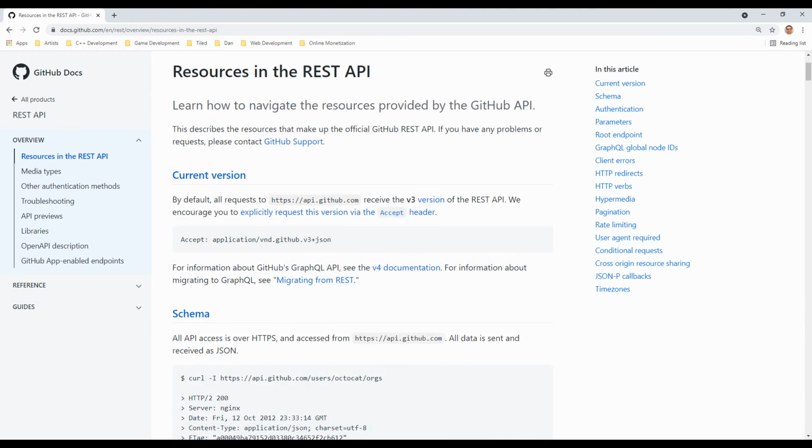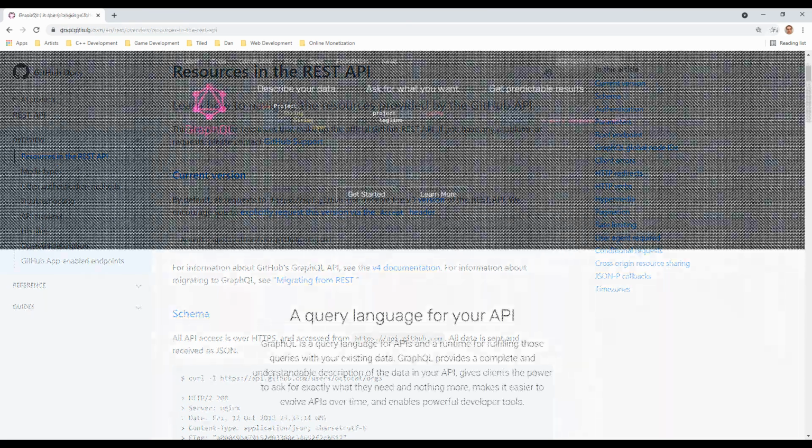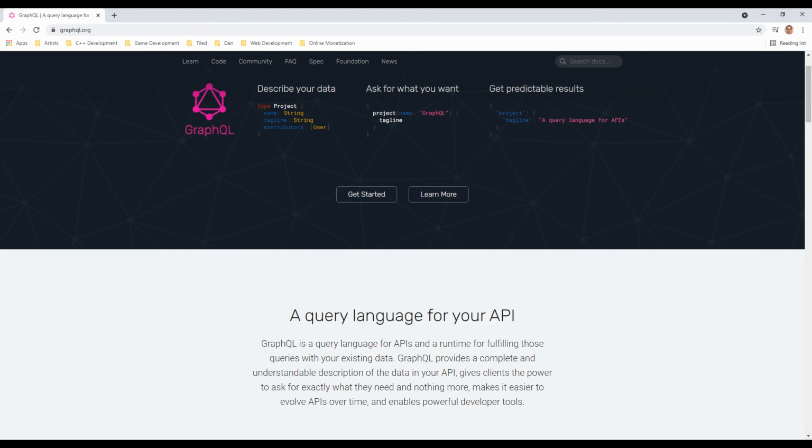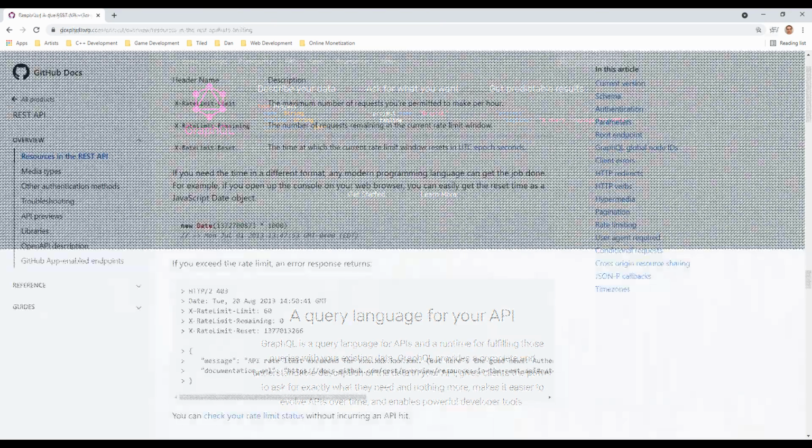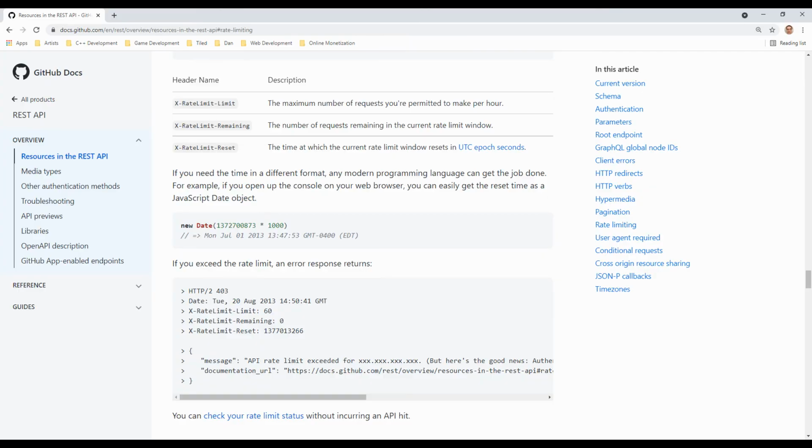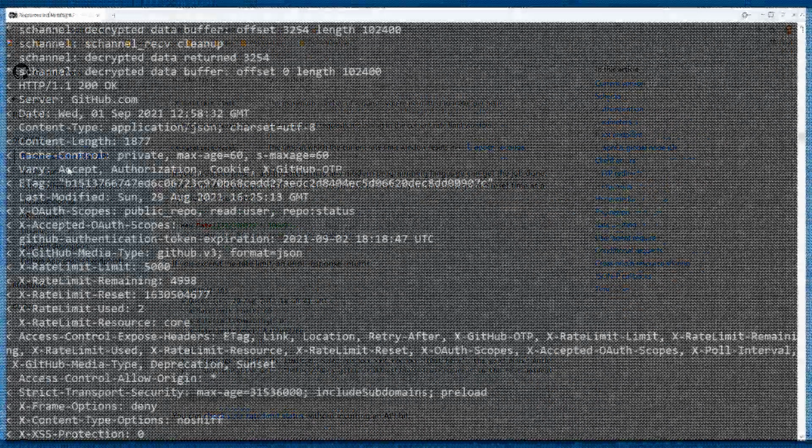The accept header can be sent to specify which version of the API you're accessing. As of August 2021, this is version 3. There is a fourth version, but it follows the GraphQL API, which is a whole separate topic beyond the scope of this video. The GitHub REST API responds with a set of X rate limit headers, used to control the